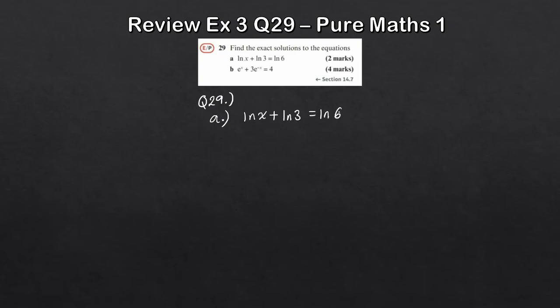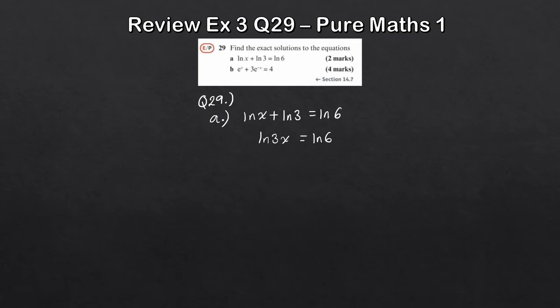Well, again, using your laws of logarithms, the left-hand side we can combine as a single logarithm. So when you're adding, we're multiplying here the 3 and the x, so we get ln 3x. And this is just equal to ln 6. We haven't done anything with that. And now at this stage, with these being logarithms,